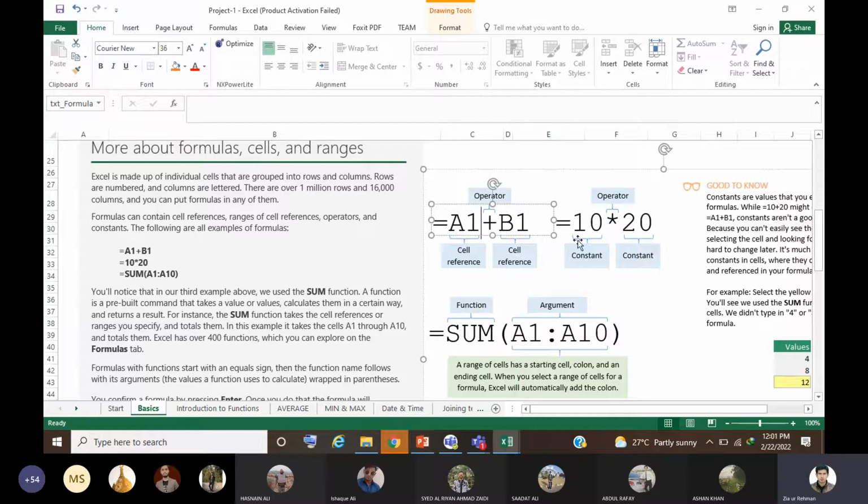Now, whenever you add a cell reference, it means you have a certain entry in that cell. And sometimes if you want to multiply, if instead of an A1 cell reference you put 10, then Excel would take it as a constant. This value would be constant. Instead of taking it from any cell reference, it would always take it as 10. It would make it 10 multiplied by 20, it would make it 30, and it won't take it from any reference.